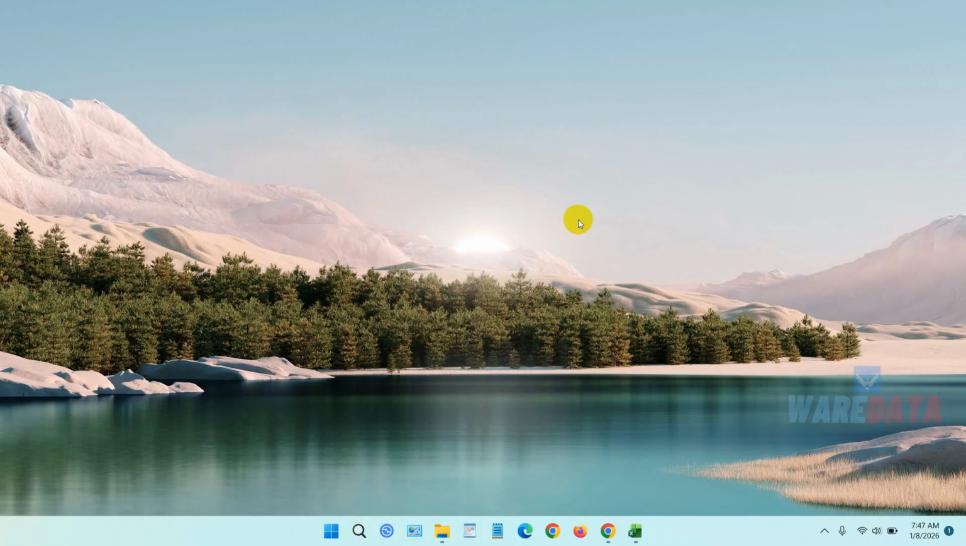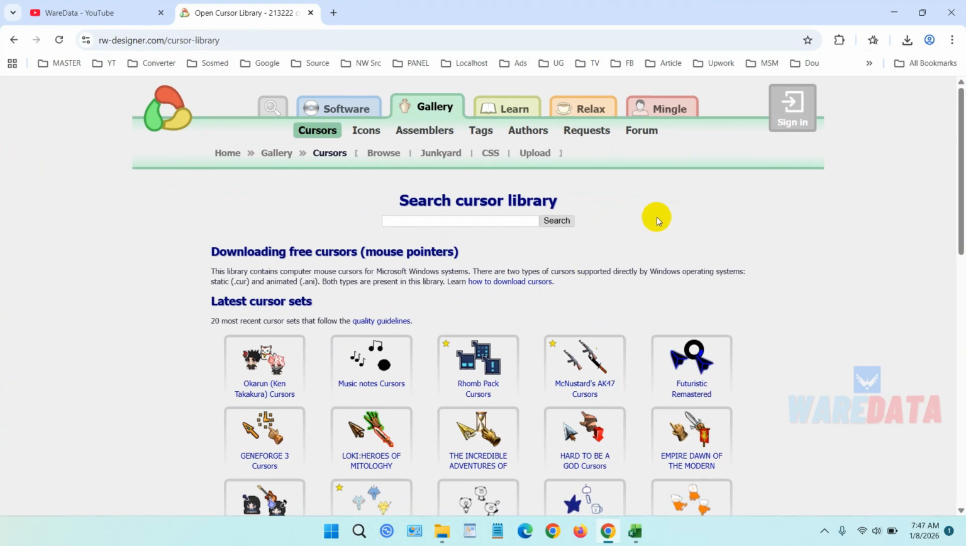In this video, we will show you how to change the cursor on Windows 11. To change your default cursor in Windows 11, it's very easy. You can also use a custom cursor, and you can download it from